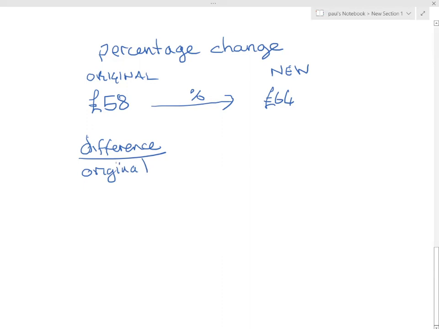It looks like a fraction, it is, times by 100 to make it into a percentage. The difference between these two numbers is £6. The original is always the first one you're given, it doesn't matter whether it's bigger or smaller. Divide by 58 and then times that by 100 to find out what the percentage is. So 6 divided by 58 times 100 equals